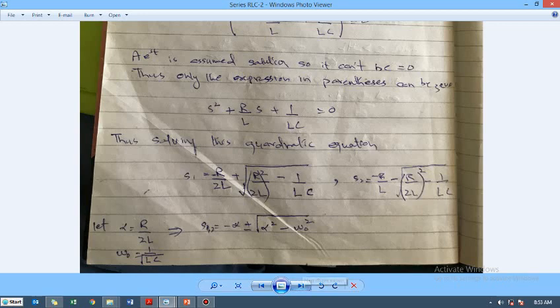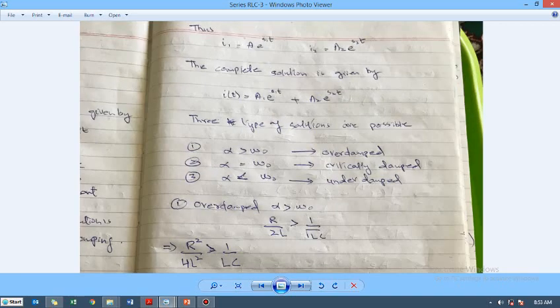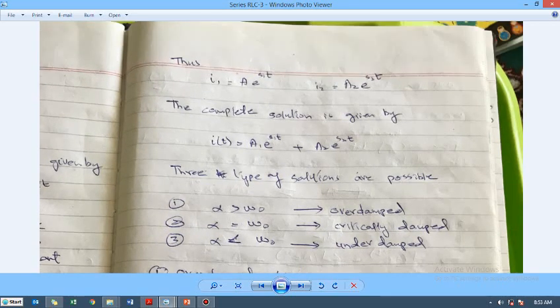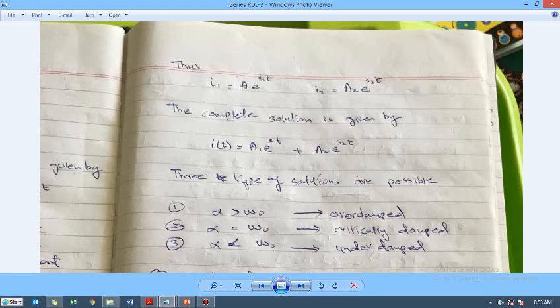So going further, in the next page, that is the third page of this derivation, the roots are already found, and I1 and I2 are going to be equal to the S1 and S2, which we found out as the roots of the characteristic equation. The characteristic equation was in terms of S, and we found out the roots. That means the value of S is found, and because it was a quadratic equation, there are two roots,